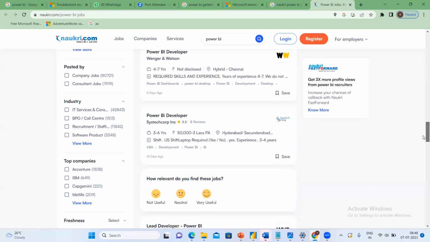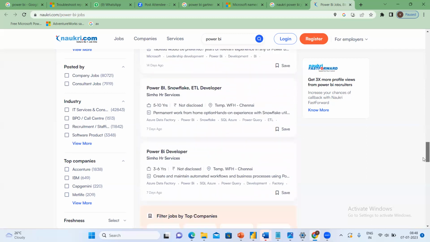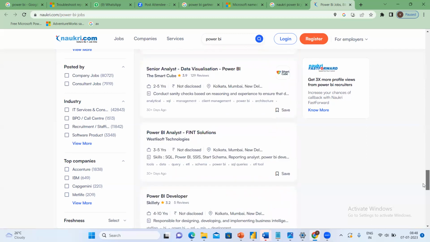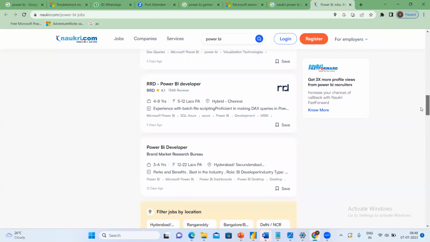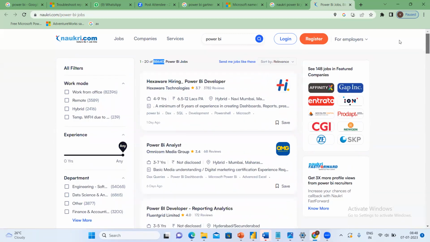Synchrony, Accenture, Wind Solution, all the companies have requirements. You can filter by work from office, remote, whatever. Almost 90,000 companies require Power BI.